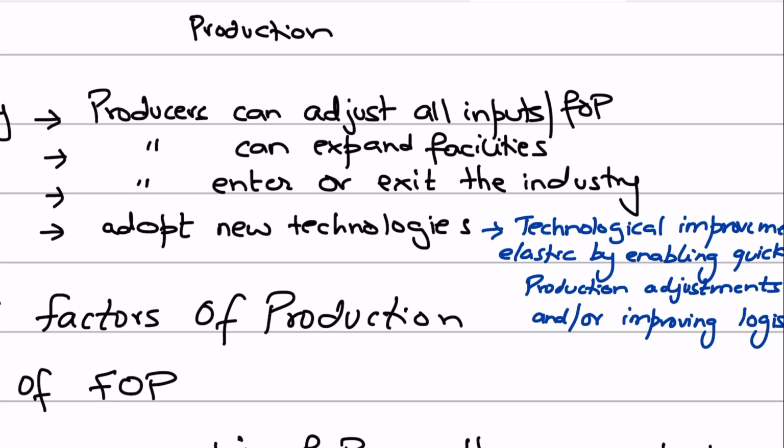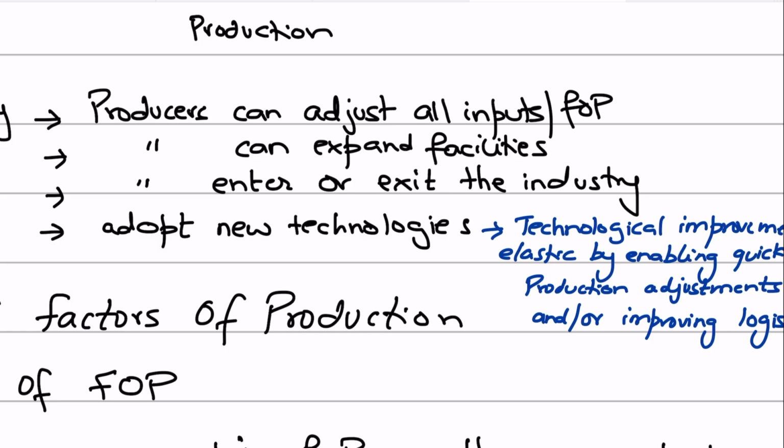देखें, अब खाली ये लिख के नहीं। अब देखें, this is what will differentiate a student who is standing at A, B and C, and a student who is standing at A-star. So A-star वाला जो स्टूडेंट होगा, the student who gets an A-star will write two-three more points. He will write that not only can producers adjust all inputs, but they can even expand their production facilities, because capital is variable in the long run, so they could expand their production facilities.